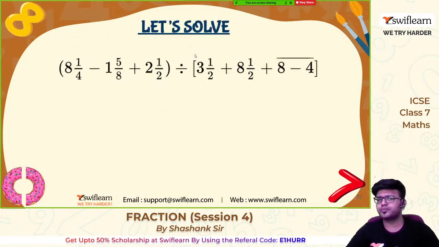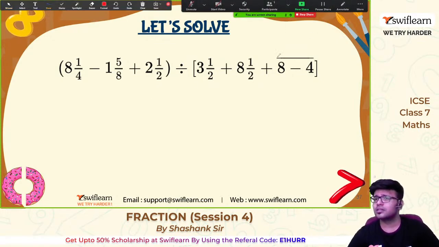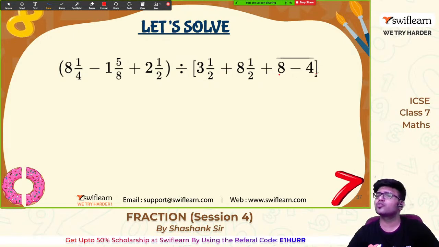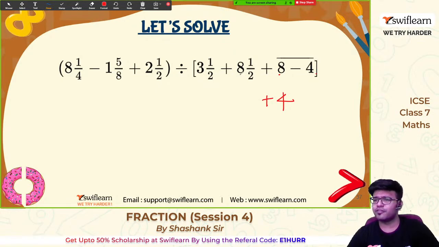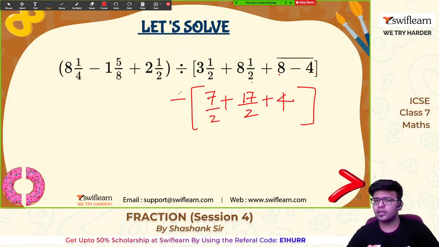This one now. How to solve this? Okay. So first things first, let us solve this vinculum. So 8 minus 4 is 4 plus, let us simplify this. 8 integer 1 by 2. 8 twos are 16. 16 plus 1 is 17 by 2, plus 3 twos are 6, 6 plus 1 is 7, 7 by 2. Let's keep this square bracket as it is, divided by,